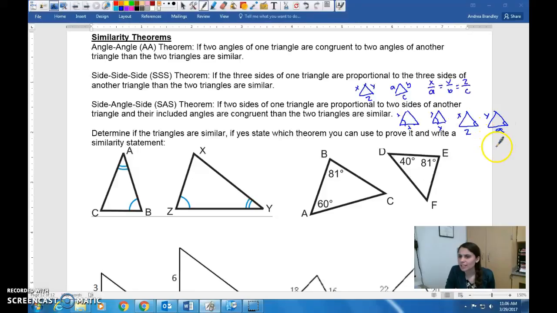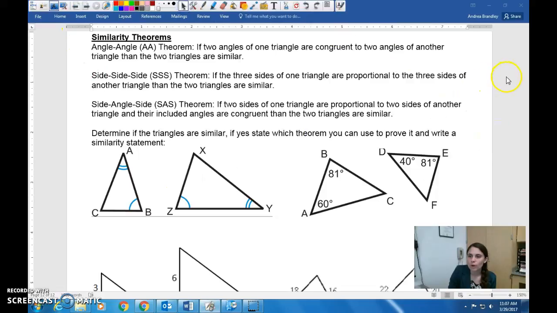And the reason for that is this triangle could look like this. Like, let's say this triangle looked like this. A is still proportional to Z, Y is still proportional to X, but knowing that these two angles are the same, well, these triangles are obviously not similar, right? These two angles are not the same. So it has to be that included angle is the same in order to show that the two triangles are similar. So let's look at a couple of examples to kind of help us see what it looks like when